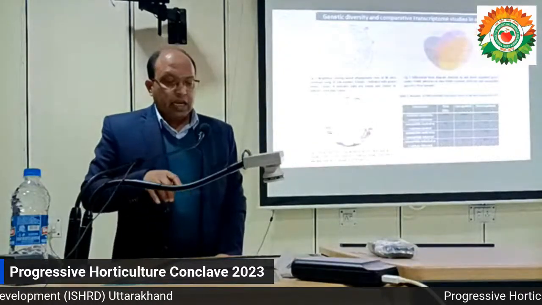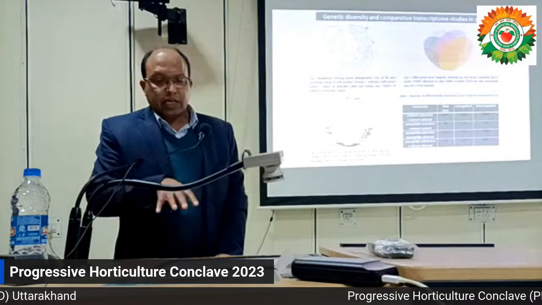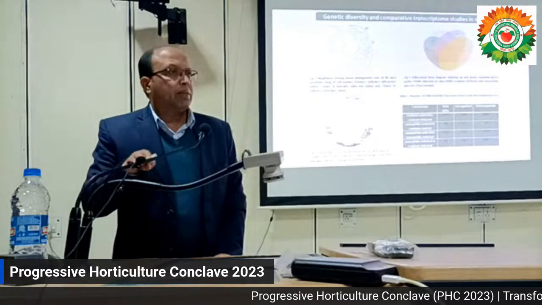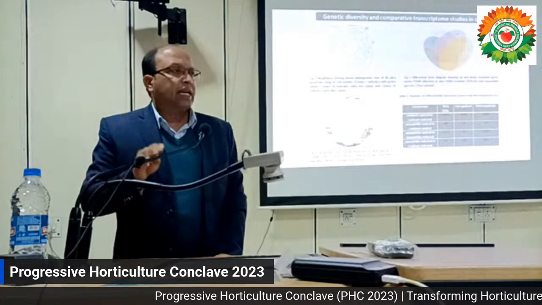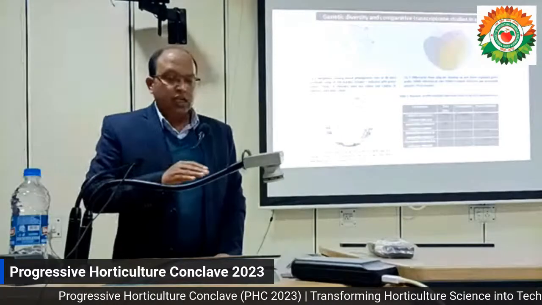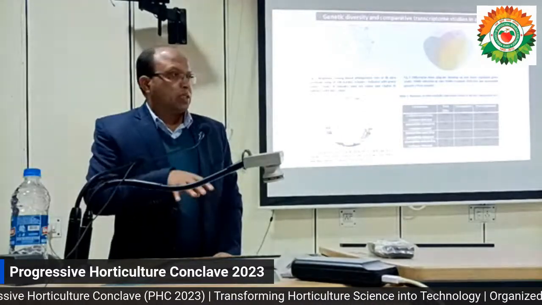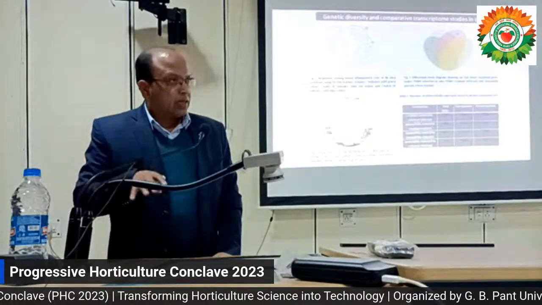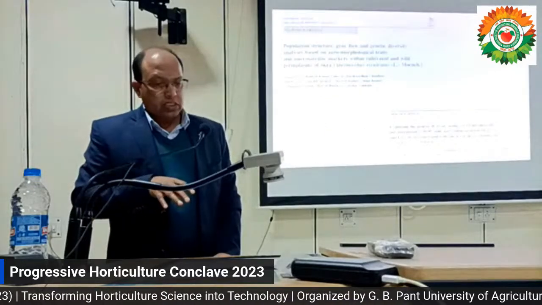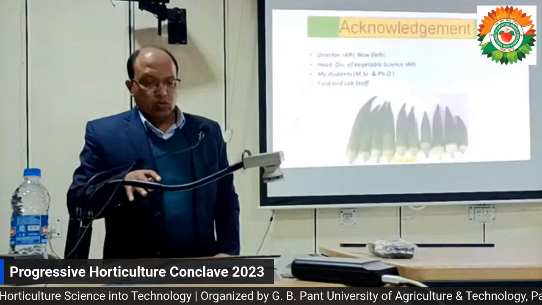Because transcriptome data is not available in okra and markers are not available, very few markers exist. So we have tried to develop, through transcriptome, a YVMV-linked marker. We are trying in that process, and we have produced it. So we will not go further.